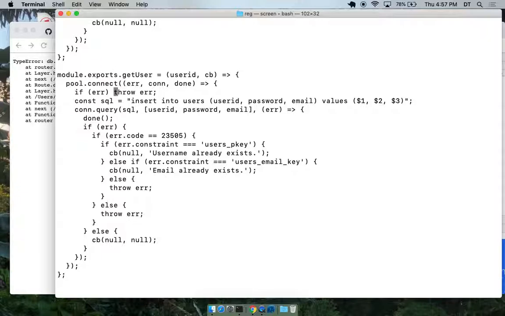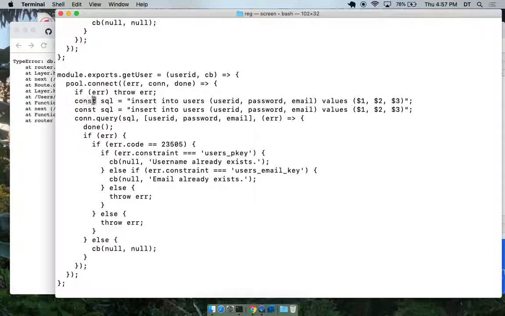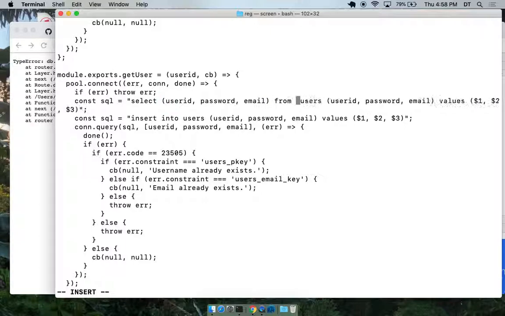We should be passing the error to the callback function. We'll do that later. So here's the SQL. It's going to be something like select user ID, password, email from users where user ID equals $1.